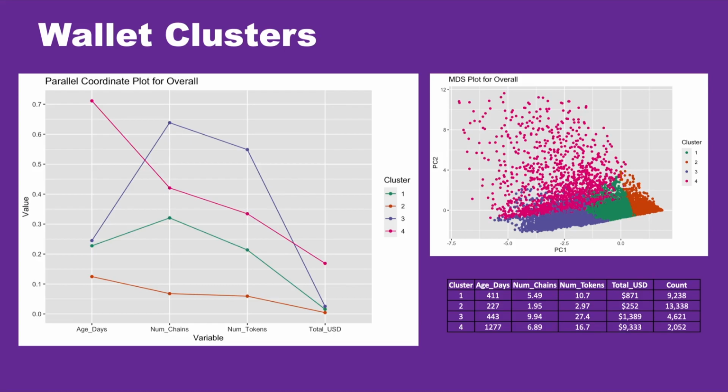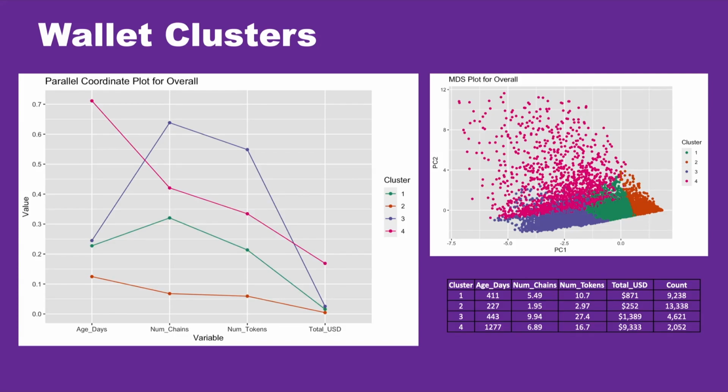So for instance, cluster 4, which is that pink magenta kind of color, clearly is highest on both the age of the account and also the total USD balance. You can see that in the parallel coordinate plot. On the flip side, cluster 3, the kind of bluish cluster, you can see is highest on number of chains